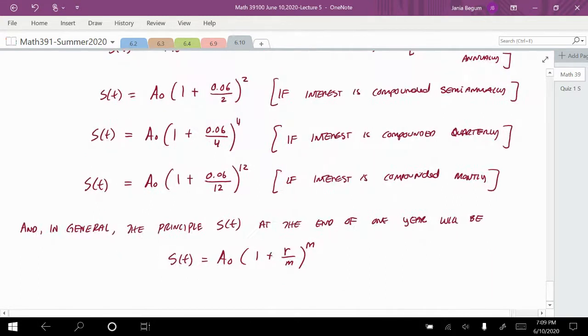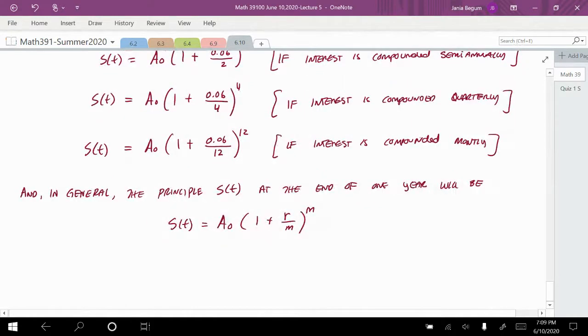Okay, so that's the formula we can generalize this into. If the interest rate r percent per